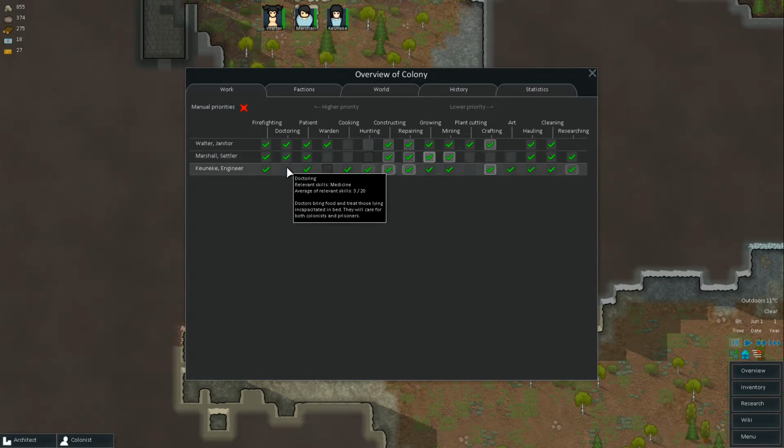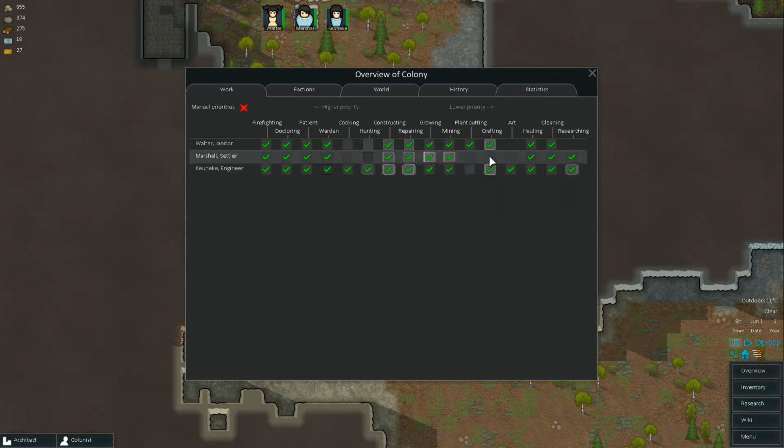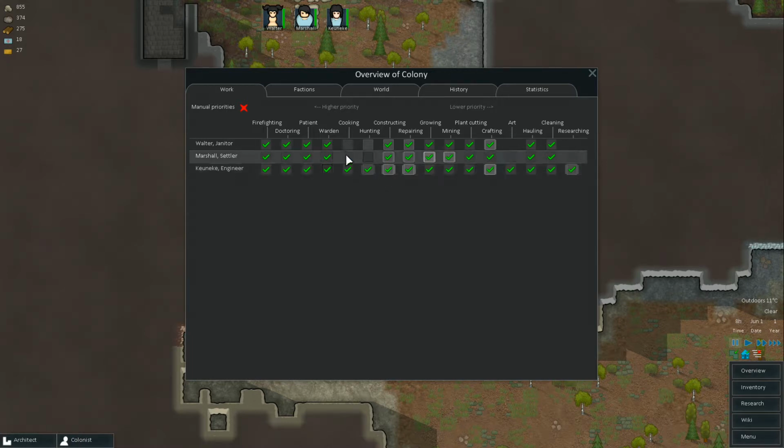And just for the sake of having not enough people, let's turn everybody on doctoring. And I think I got rid of my good doctor, because there was something wrong with them, so well... And we'll put everybody on wardening, and we don't have a cook stove yet. We don't really need to cook yet. I'm just going to select everything on everyone for the most part. Koenig does a lot. Yeah. A good person to have. A lot of high numbers here across the board. Now let's just put everybody on cooking. Nothing to cook, like I said, but...